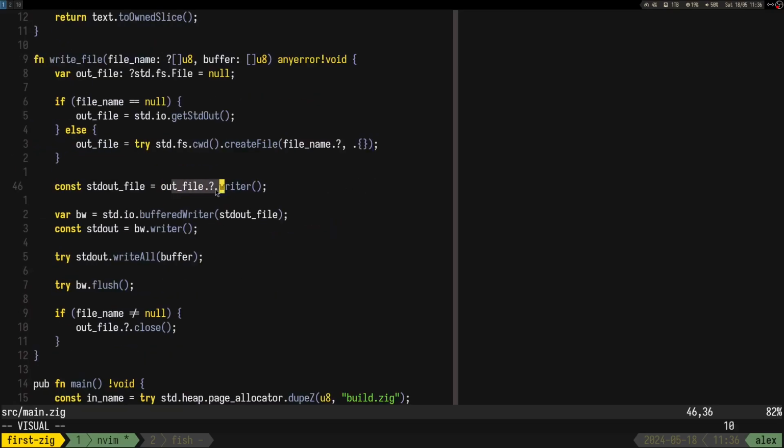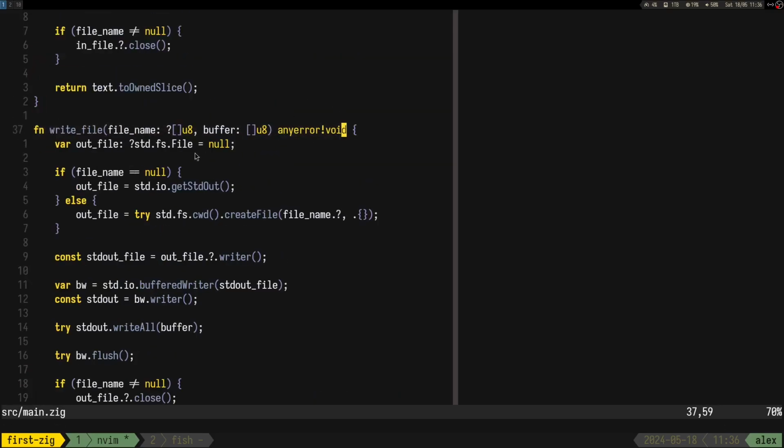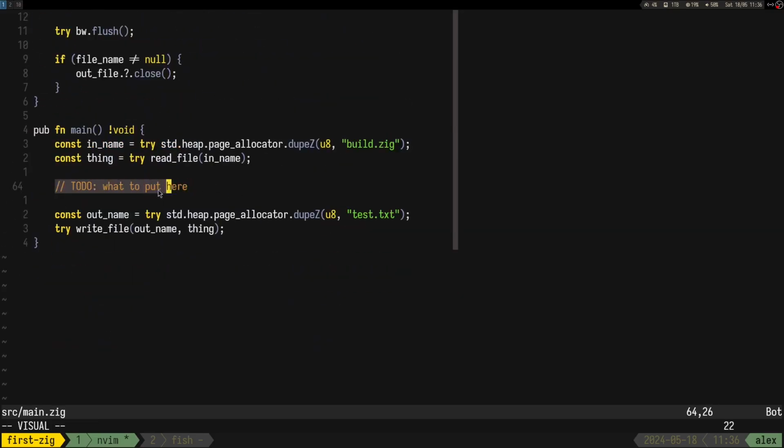Like, I instantly figured out what the return type meant and how to use the question mark. I mean, I had a couple of tries, right? Do I do it like this? Do I do it at the end? Or is it like this? And I mean, this was the actual way to do it. So yeah, pretty cool. I'll think about what we can put here,